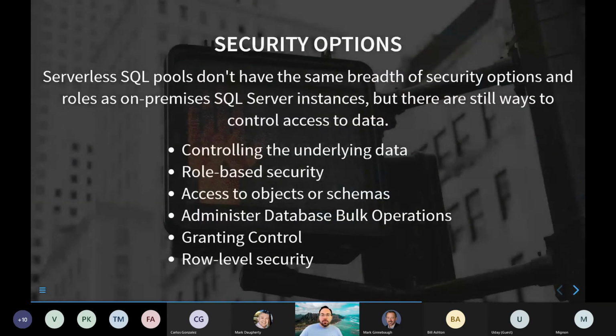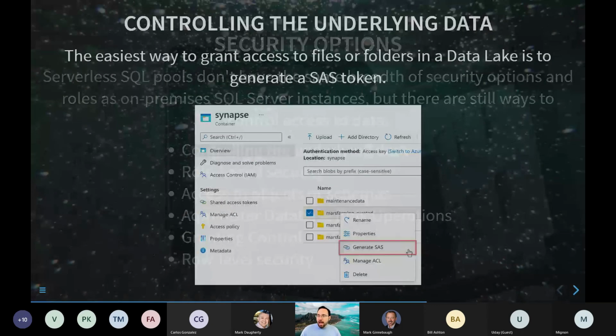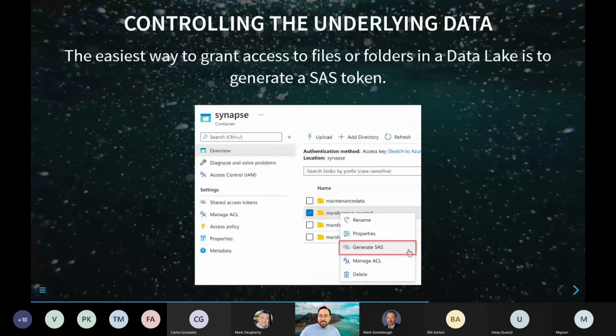As far as security goes, let's talk real briefly about that. Serverless SQL pools aren't going to have the same breadth of options as on-premises SQL Server would, because there's not as much that you can actually do in terms of modifying data. But still, there are some controls that we have, and I'm going to talk about 6 of them, starting with